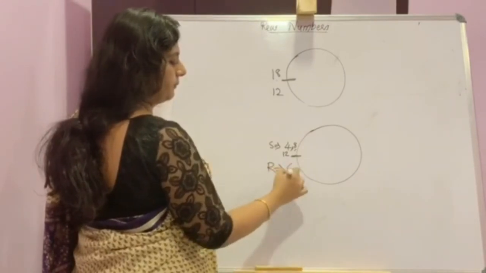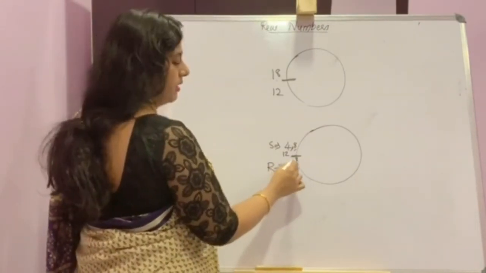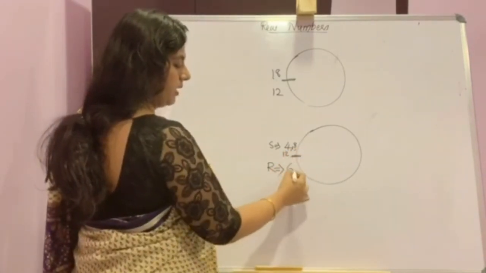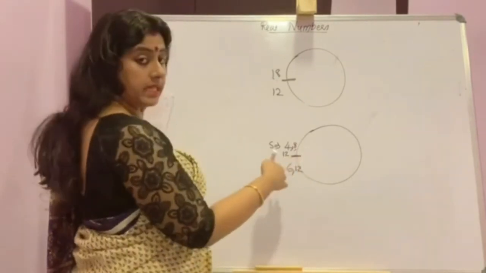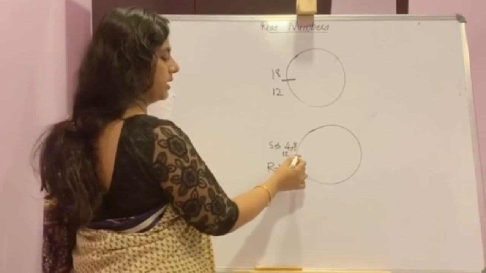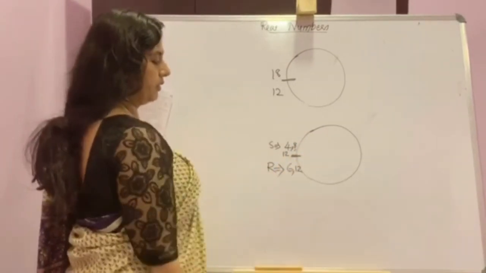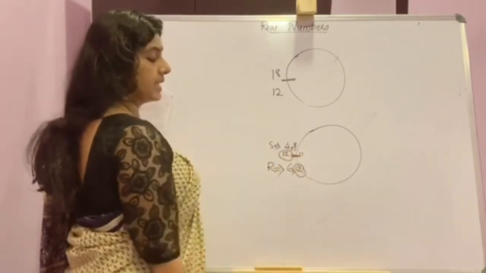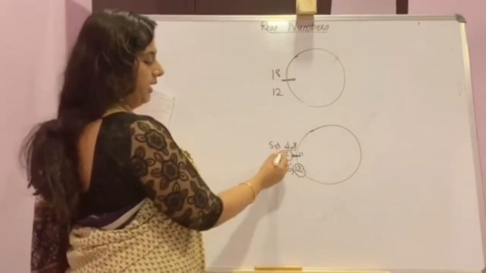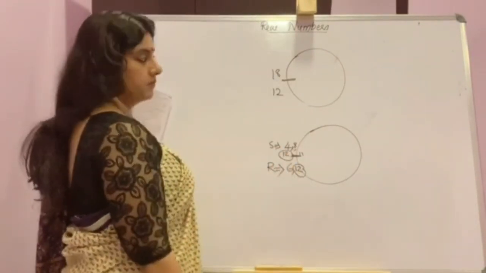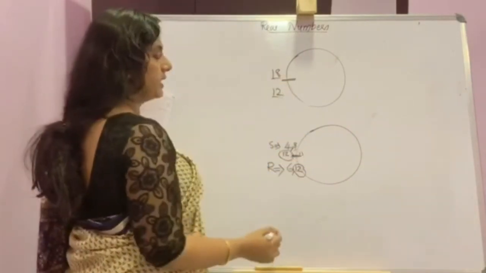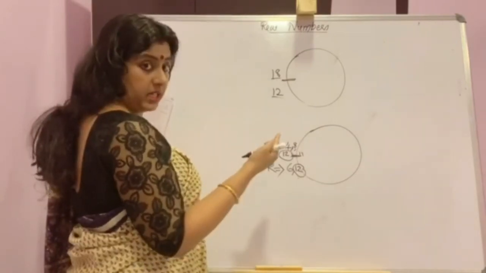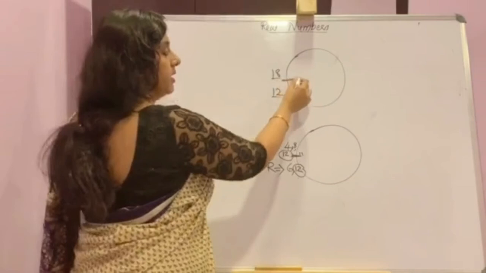Ravi is taking 6 minutes. At the first 6 minutes, he will reach again the same point. Now at the 12th minute, he is taking 6 more minutes, so at the 12th minute he will be here after completing his second round. So at the 12th minute, both are at the same starting point. That is, we found the LCM here. Like that, we have to find the LCM of 18 and 12. Then you will get the next minute when Sonia and Ravi are at the starting point.